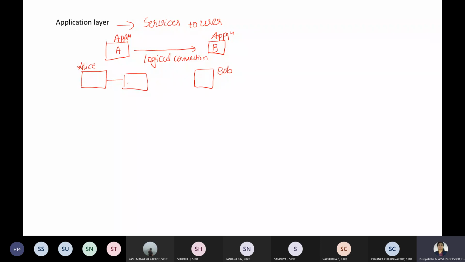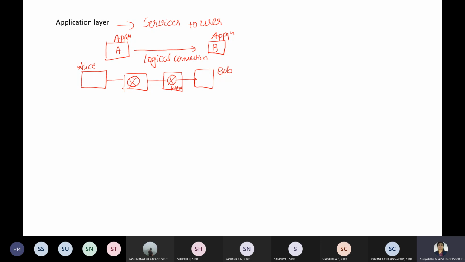This router belongs to some particular network and is connected to other ISPs, internet service providers, and there could be one more topology, like a WAN connection, with a router that sends the information to Bob. So it is not that we have a direct connection between the source and the destination.